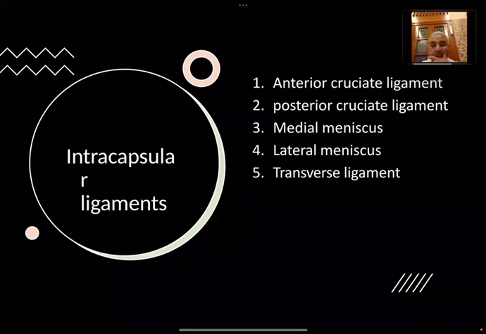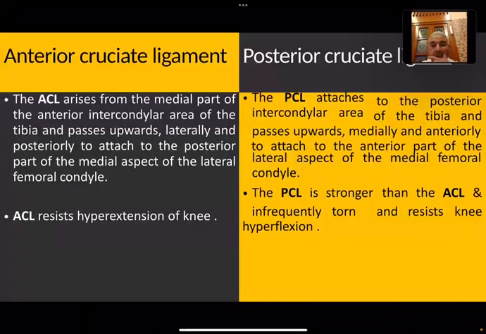The intracapsular ligaments consist of the anterior cruciate ligament, posterior cruciate ligament, the medial menisci, lateral menisci, and transverse ligament. The anterior cruciate ligament arises from the medial part of the anterior intercondylar area of the tibia and passes upward, laterally and posteriorly to attach to the posterior part of the medial aspect of the lateral femoral condyle. The anterior cruciate ligament resists